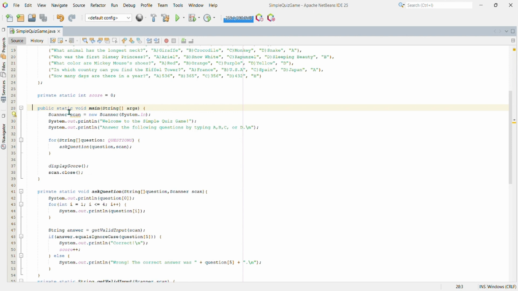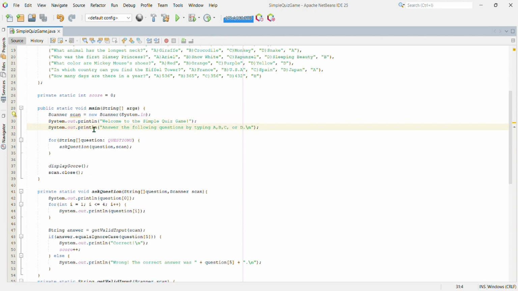This line declares the main method of the simple quiz game class, which is the entry point for the program. This line creates a new scanner object called scan, which will be used for reading user input from the console. This line prints a welcome message to the console.